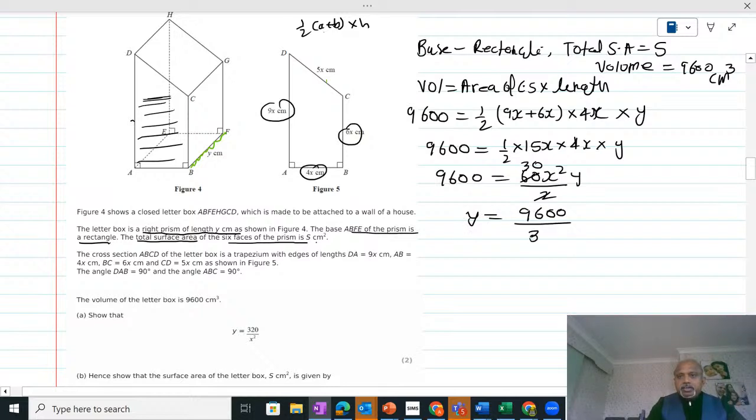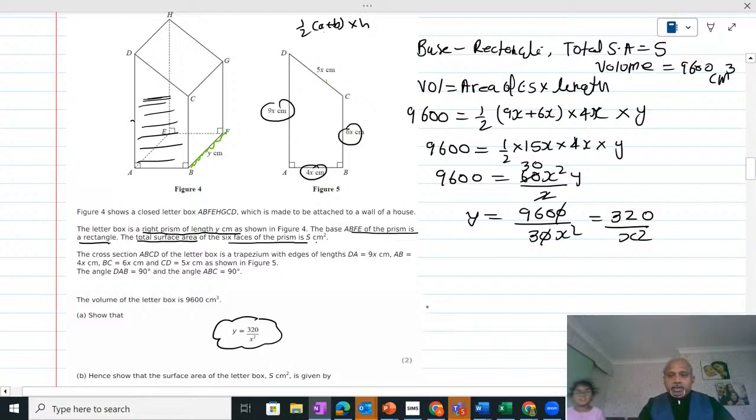9600 divided by 30x squared. The 0 and 0 cancel, and 96 divided gives 32 and 20x squared. That ends our first part: y equal to 320 over x squared. Is that okay? Now, next thing is